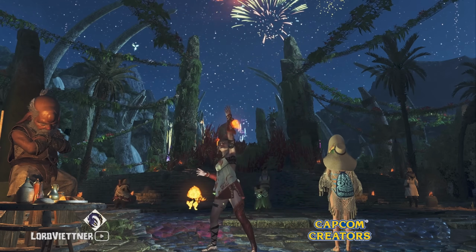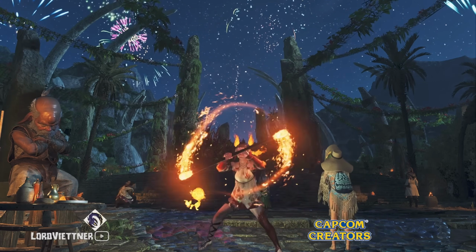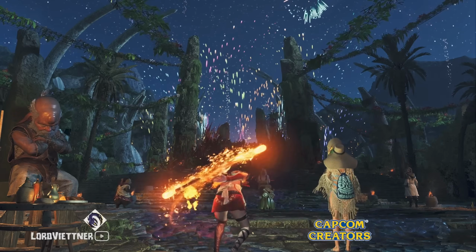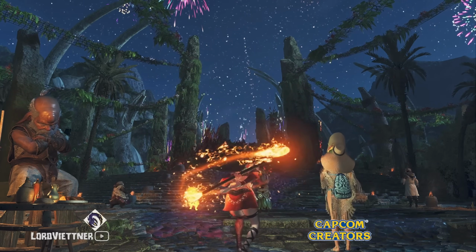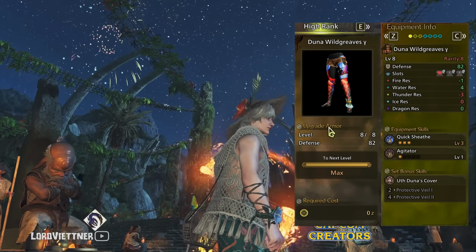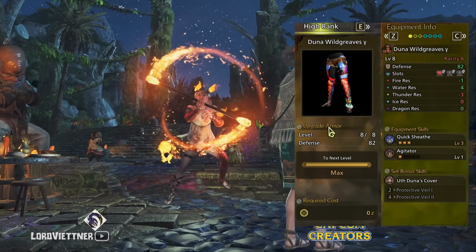In today's set video, we're going to be showing off some greatsword and longsword sets using the new Uth Duna Gamma armor. Now, small spoiler for the video, the only good Uth Duna armor piece that we got from AT Uth Duna is the leg Gamma piece, which comes with Quick Sheath 3, Agitator 1, a level 3, and 2